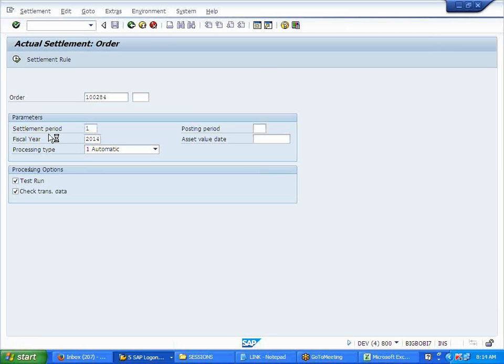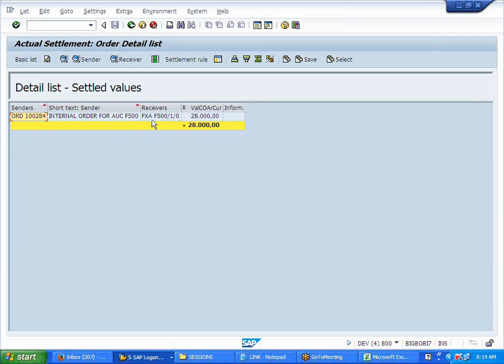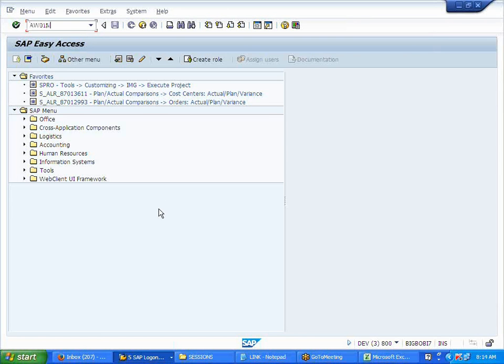Now can you see here, from this order, the sender, the receiver is your fixed asset, FXA. AUC asset, 28,000. So once we run it in the real run, when you come back to AW01N,